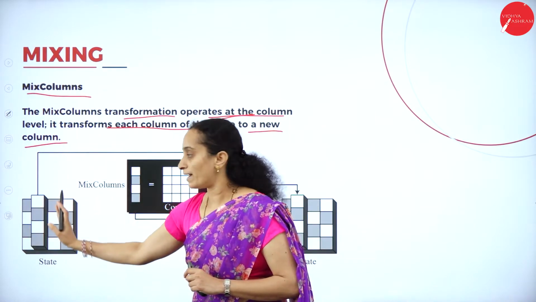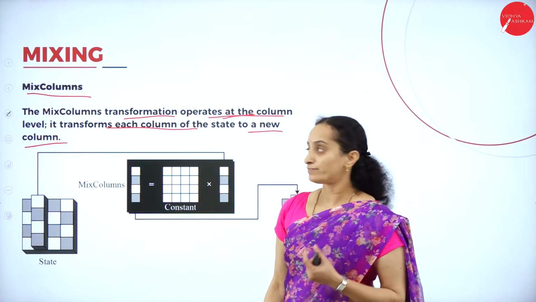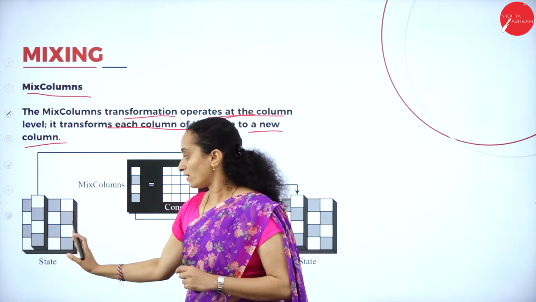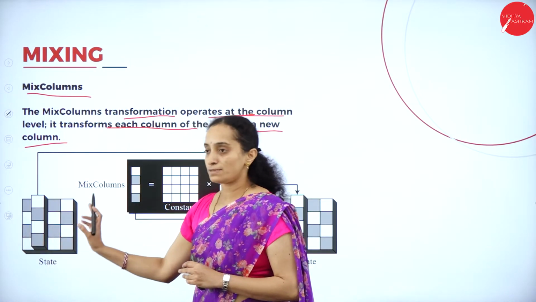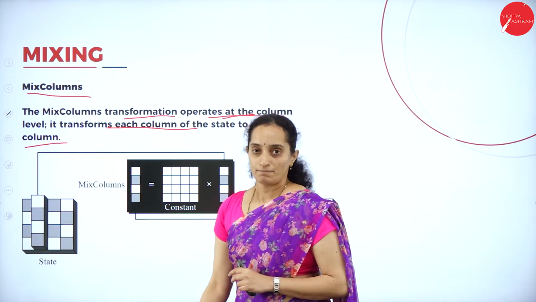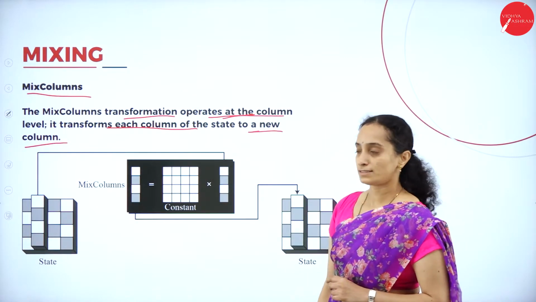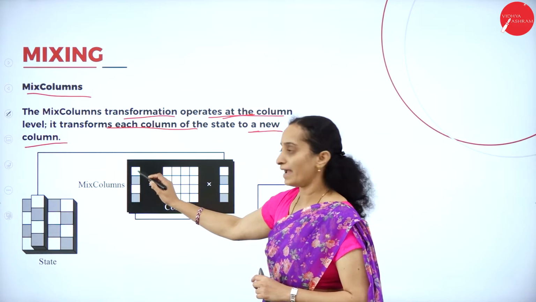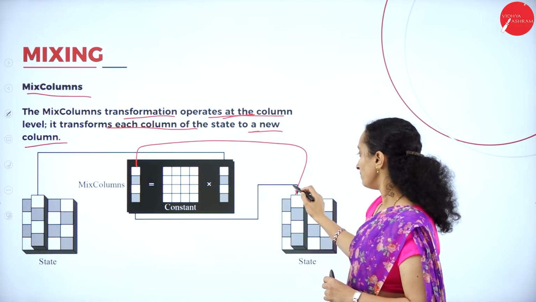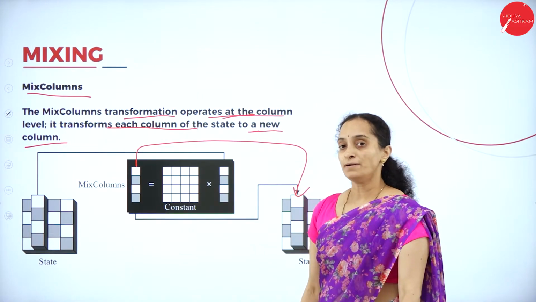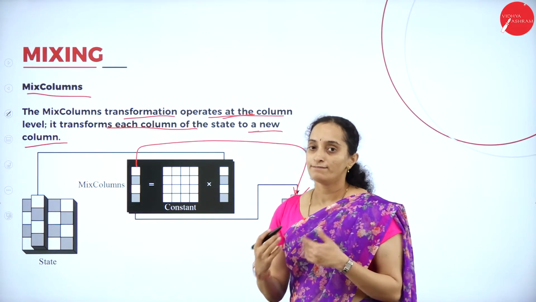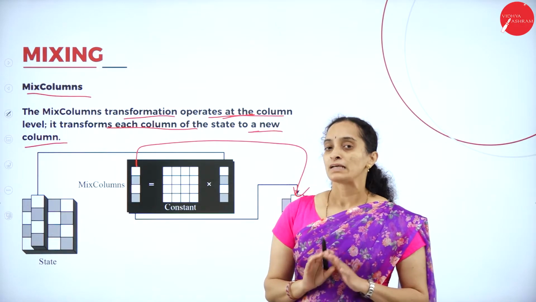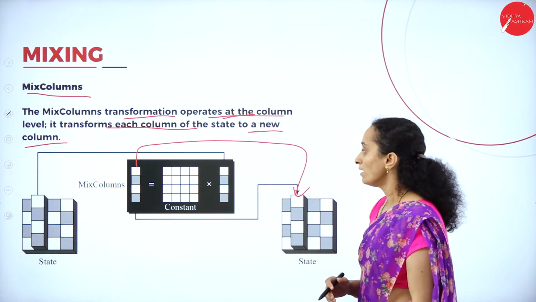So this new column matrix is mixed with each column of the state to get a new column. The remaining columns remain the same. Only one column is replaced by this mixed column. Again, in this state also, this comes from the original state and it is applied. This new column will be added to this state, where the bits in the column will be mixed so that diffusion at the bit level is going to happen with the execution of the mixed column function.